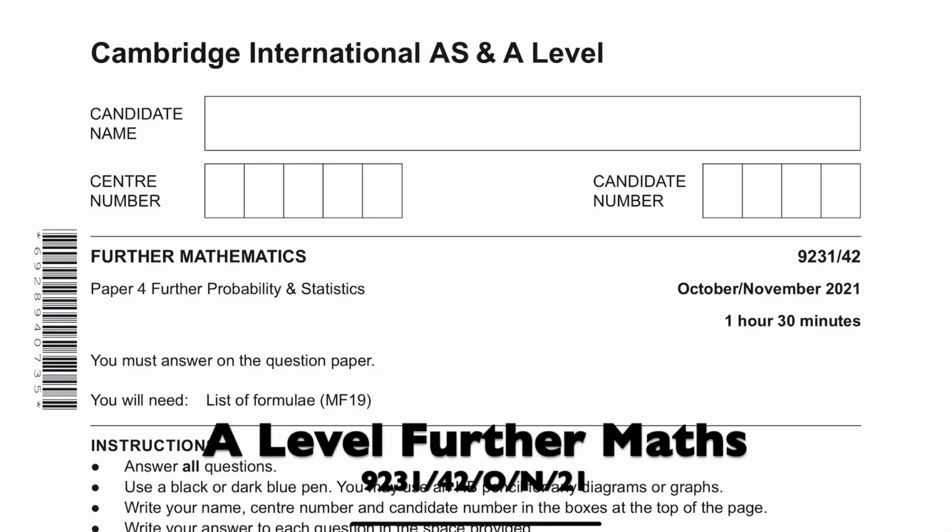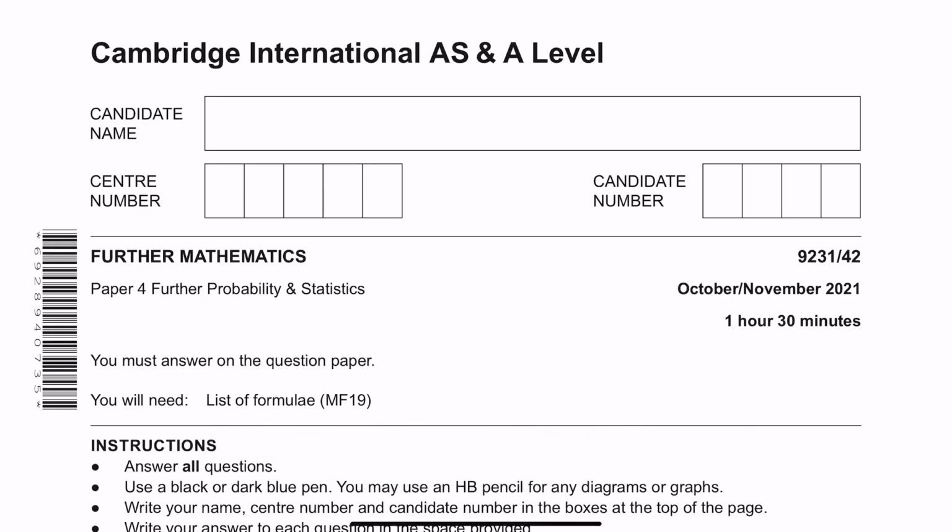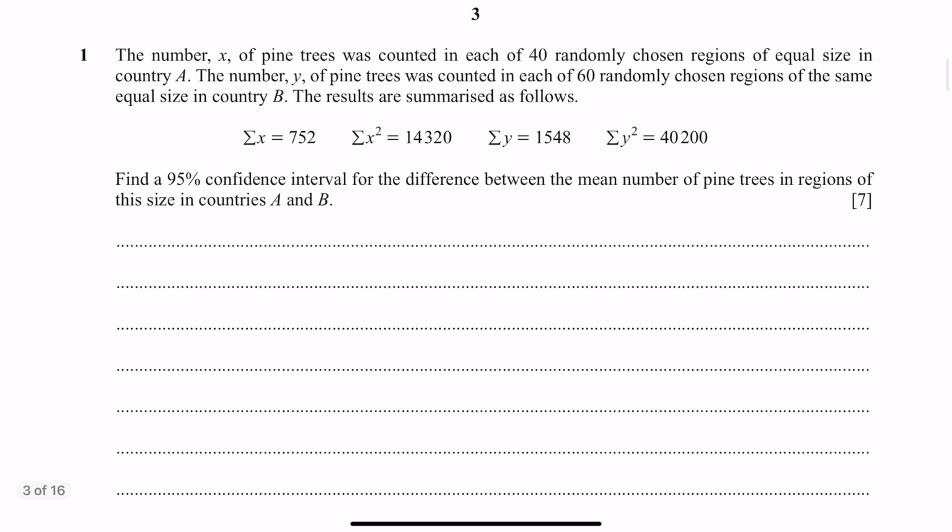Hi guys, today we're going to be looking at Cambridge A-Level Further Mathematics, Paper 4-2, October-November 2021. It's a further probability and statistics paper. So we will start now. For the first question,